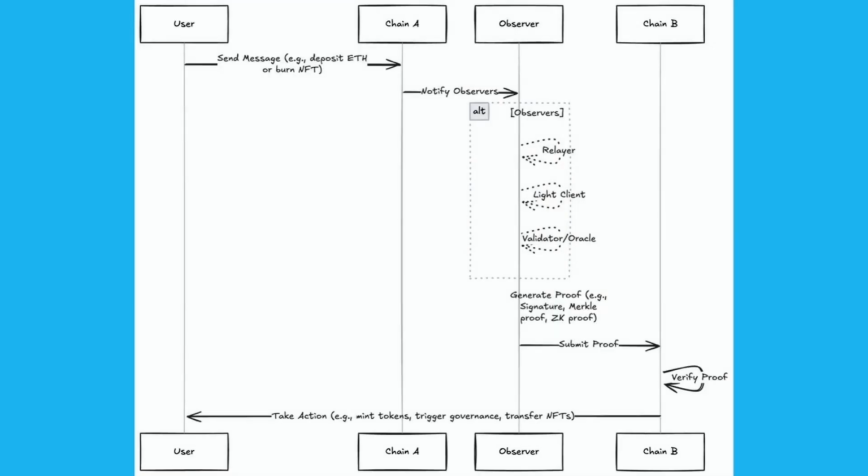Yeah, let's go. So, nothing surprising here. We have a user and they would like to transact something from chain A to chain B. If we talk about a bridging transaction, that means they're probably locking up ETH on one chain and then minting it on a destination chain. So they try to send that message, and there's some entity in this diagram, I'm calling it an observer. And this entity notices, hey, we have someone who has deposited ETH into a particular contract on chain A, and then they would have to try to generate a proof to prove that that's valid